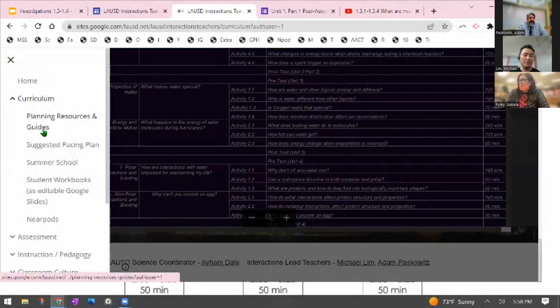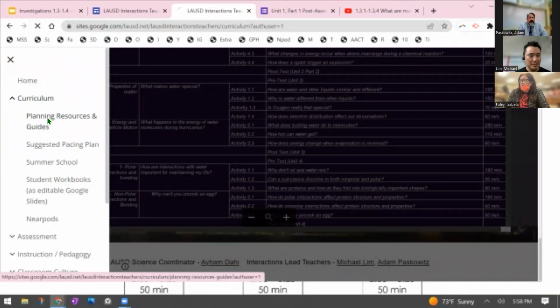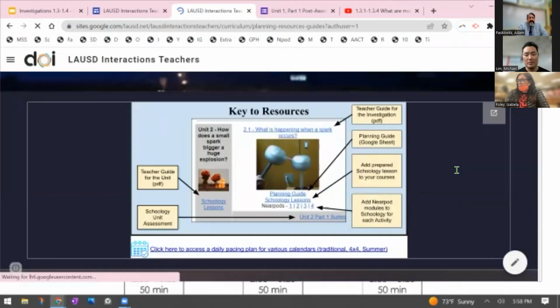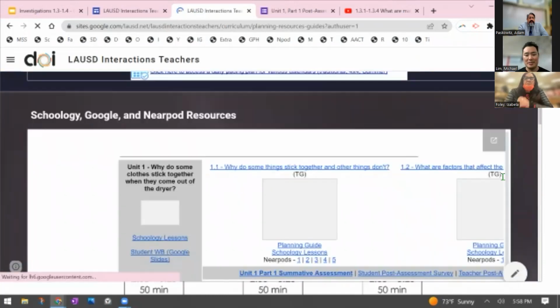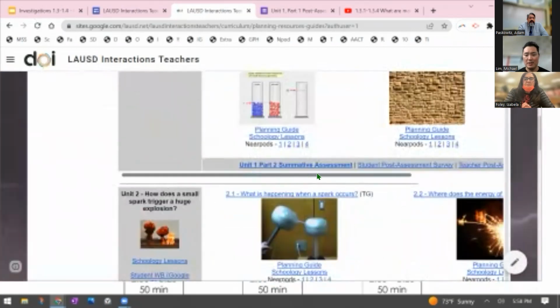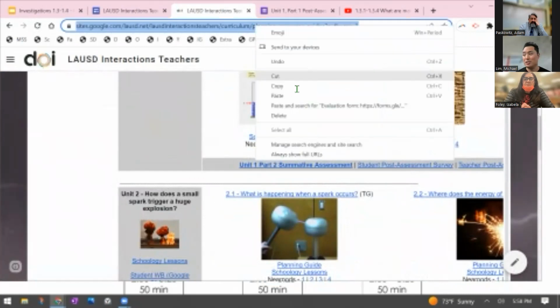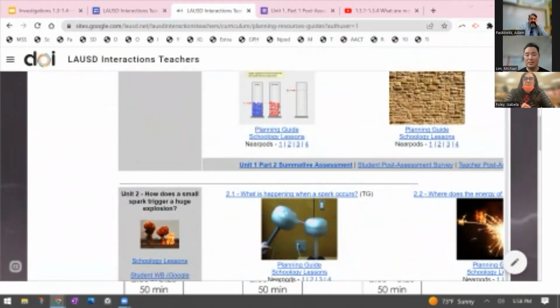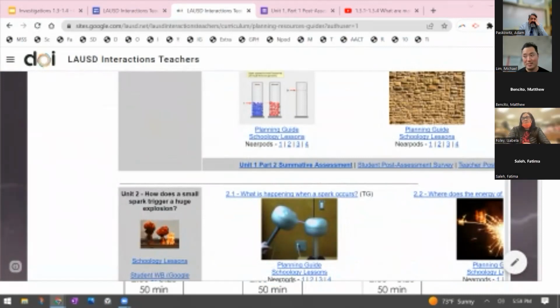Yes, that is a very good point. The surveys will be time specific, like Adam said. So if we go here, there they are. Post assessment survey. I'll put this link in the chat so you can get a time when to give the surveys as well as access to the surveys. So this is the scheduled